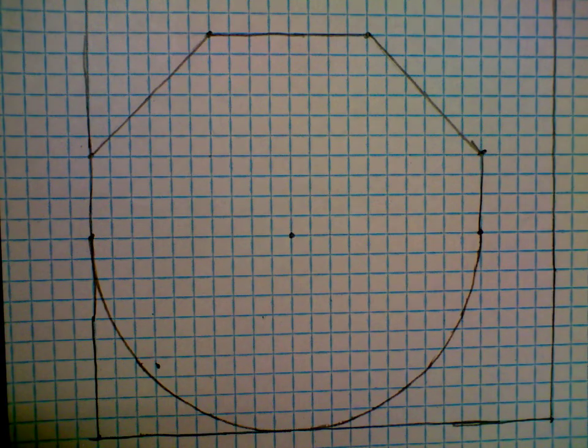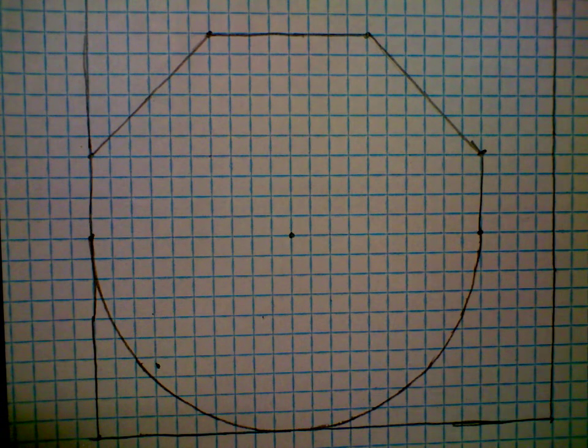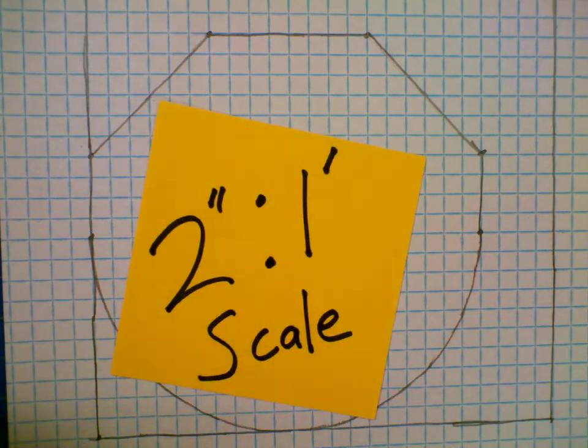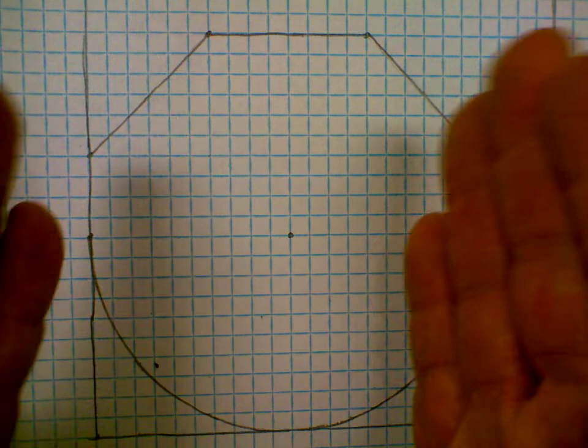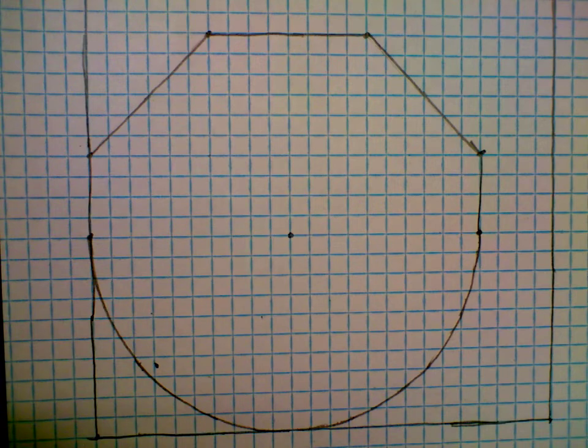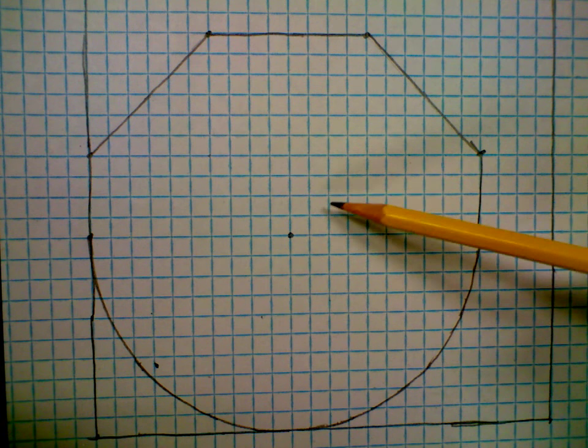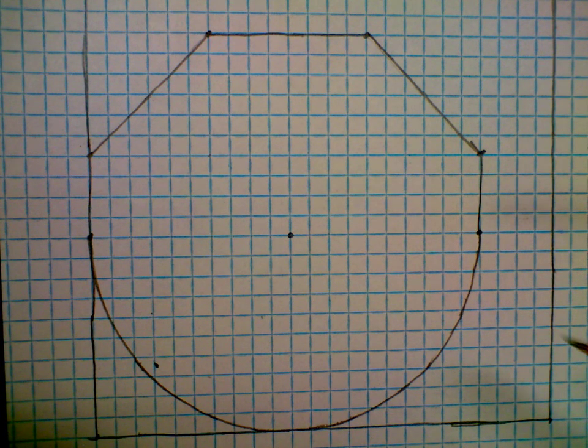Once you have your design established in the 2-inch to 1-foot scale, you're going to need to calculate the surface area of the deck. We have everything that we need to know right here. We have the shape, it is drawn to scale, so we can easily figure out what the surface area will be. The first thing we want to do is calculate how many of these blue squares cover the surface of